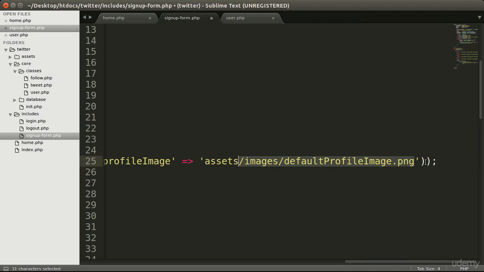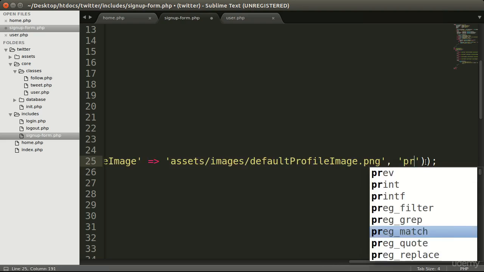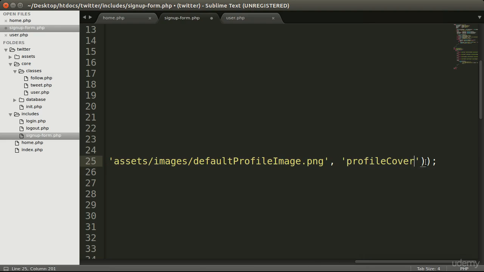Now copy the link for the profile cover, and here will be profile cover, and paste the link here and change this to defaultCoverImage for the default profile cover image,